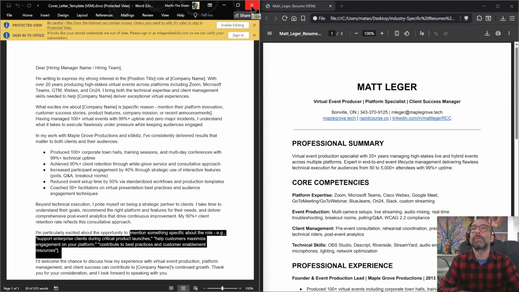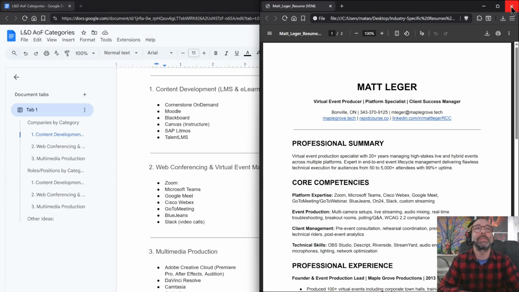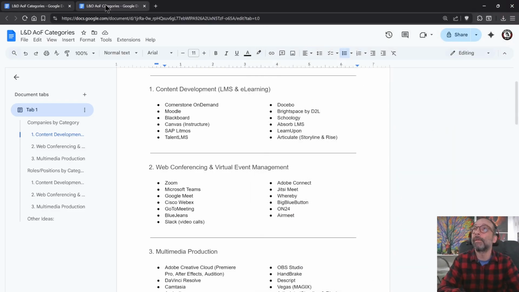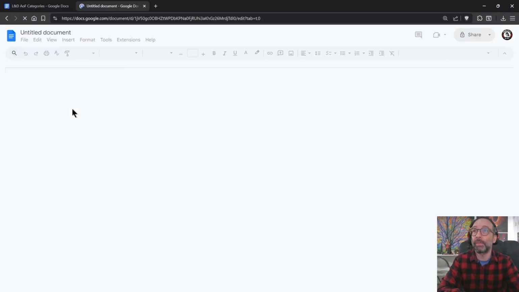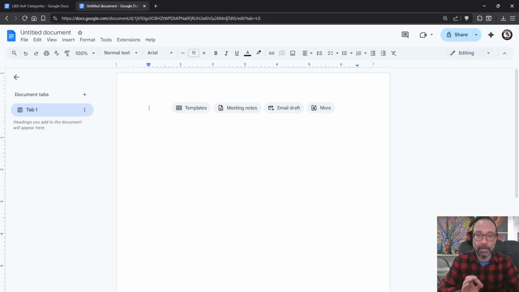So let's go ahead and shut these down and bring up a new blank document. Now, I like to work with multiple monitors, but I'm not going to put both of them up on the screen because you're not going to be able to read one or the other. It's already difficult enough sometimes to read on the 4K monitor because they get kind of small even with the zoom. I'm just going to go back and forth if I have to, but we'll focus mainly on what we're developing here. So let me also bring up Claude.